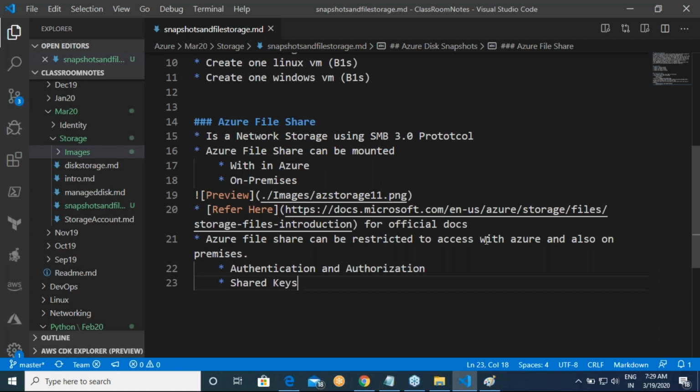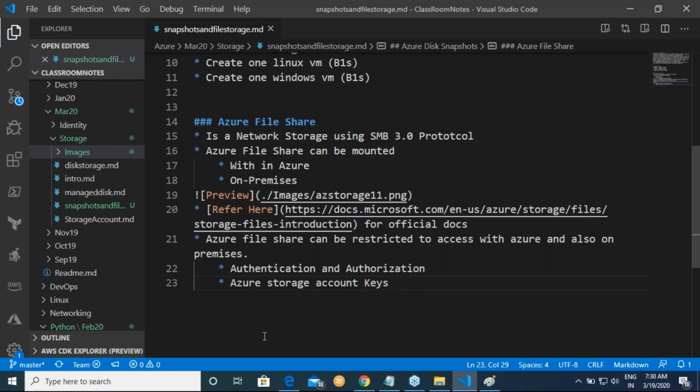So whenever you want to give access to others, the security aspect of it, we have to ensure that we are giving access based on Azure Active Directory, or we have something called Azure shared keys, or to simplify it, let me call it Azure storage account keys.